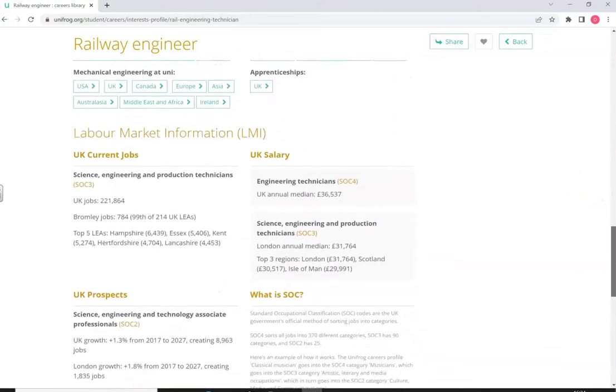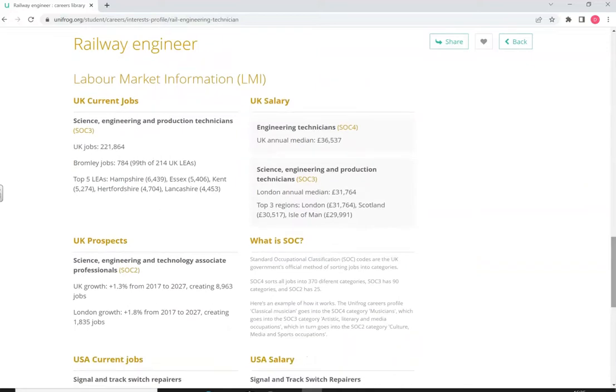I can explore various other bits and pieces at university. Really interesting labour market information. So here it's telling me how many jobs are currently in this area. In Bromley, how many jobs are sort of not available, but how many people are employed as railway engineers in Bromley. And then some interesting things about median salary,